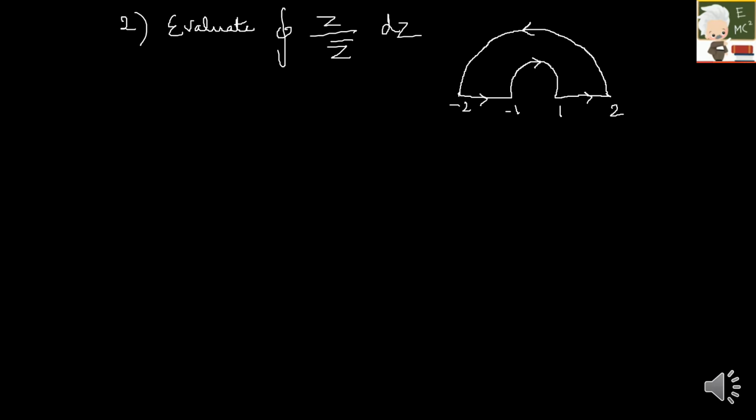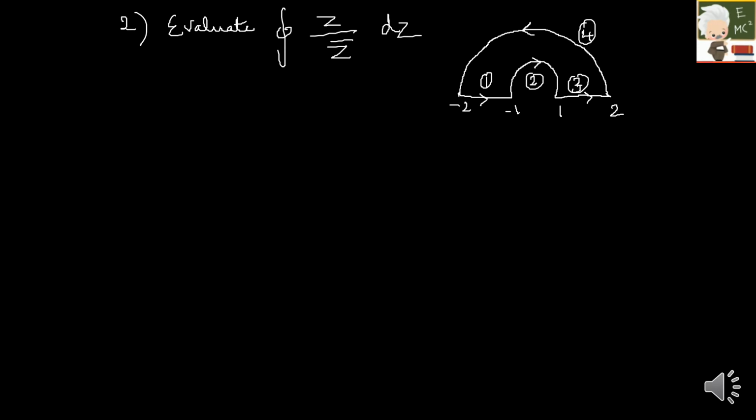So now you have to solve this. What I'm going to do now is separate this into different parts. From minus 2 to minus 1 I'm considering as region 1, minus 1 to 1 as region 2, and 1 to 2 as region 3, and this complete region from plus 2 to minus 2, I'm considering as region 4. So the first region is from minus 2 to minus 1, the second region is from minus 1 to plus 1, the third region is 1 to 2, and the fourth region is 2 to minus 2. I'm just going in the direction of the arrow marks. I'm going to solve one by one, and finally I'm going to add all.